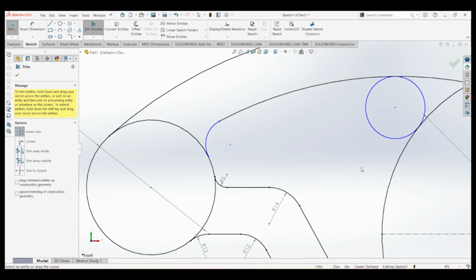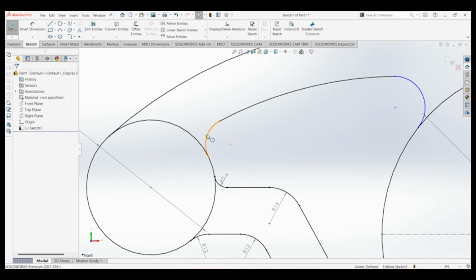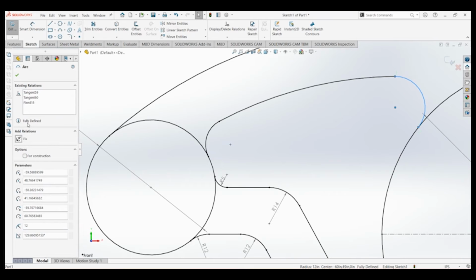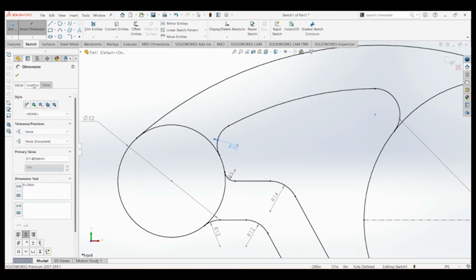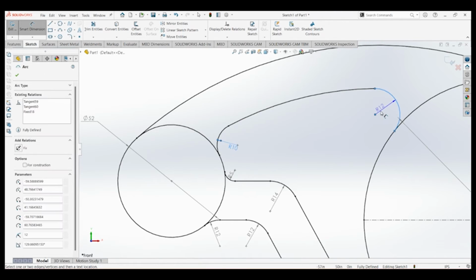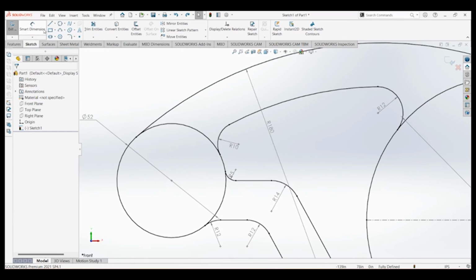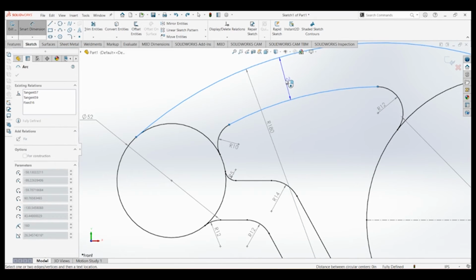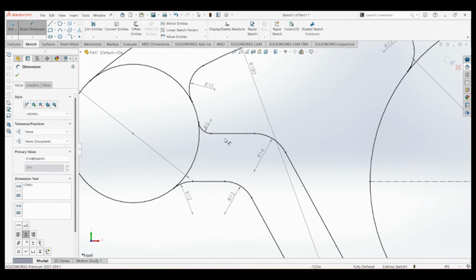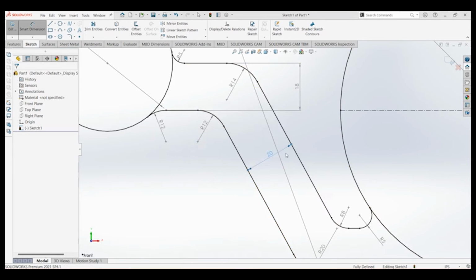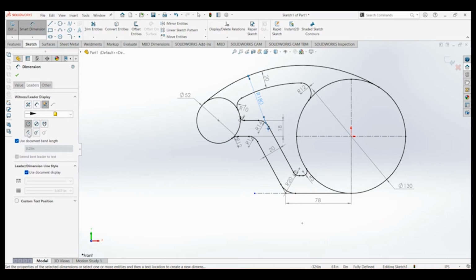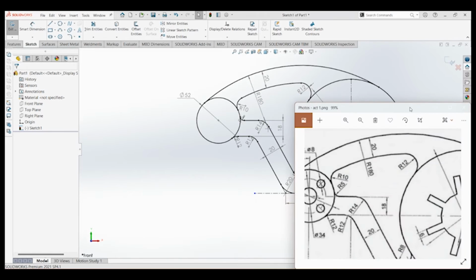Then trim the excess, fix the relations, and dimensions for the rest to make them driven. Now that we have the full shape,